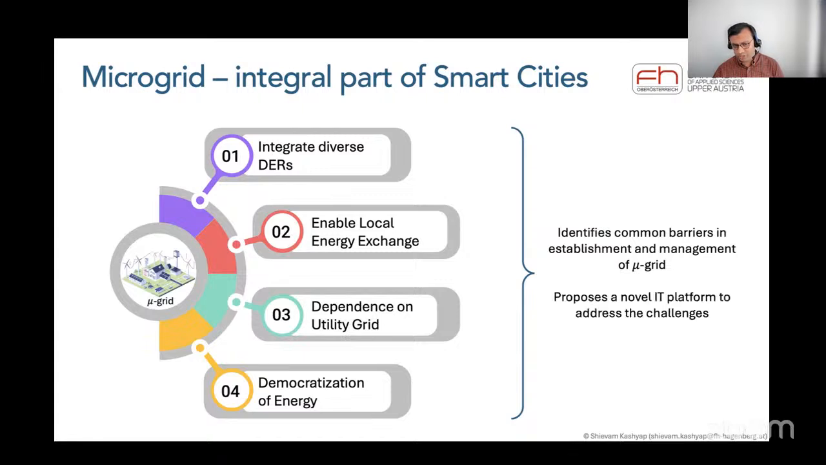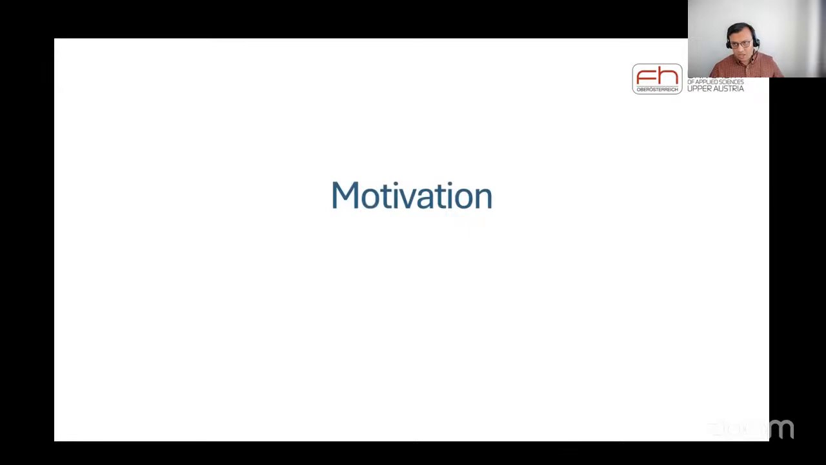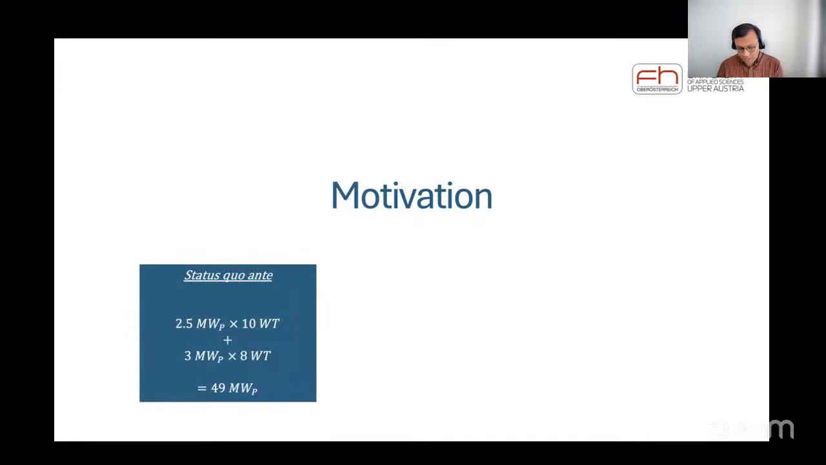Talking about many benefits of microgrids, there are a few common barriers that hinder the establishment and management of microgrids, and we have identified such barriers in our paper, and we propose a novel IT solution to address these challenges. While talking about the challenges, before that, we talk about the motivation. How we landed upon this study is a case study where